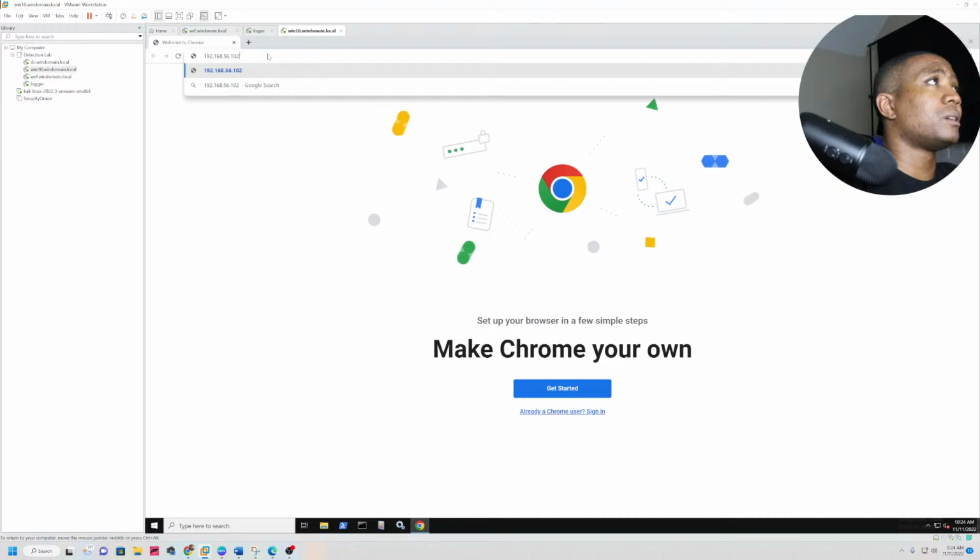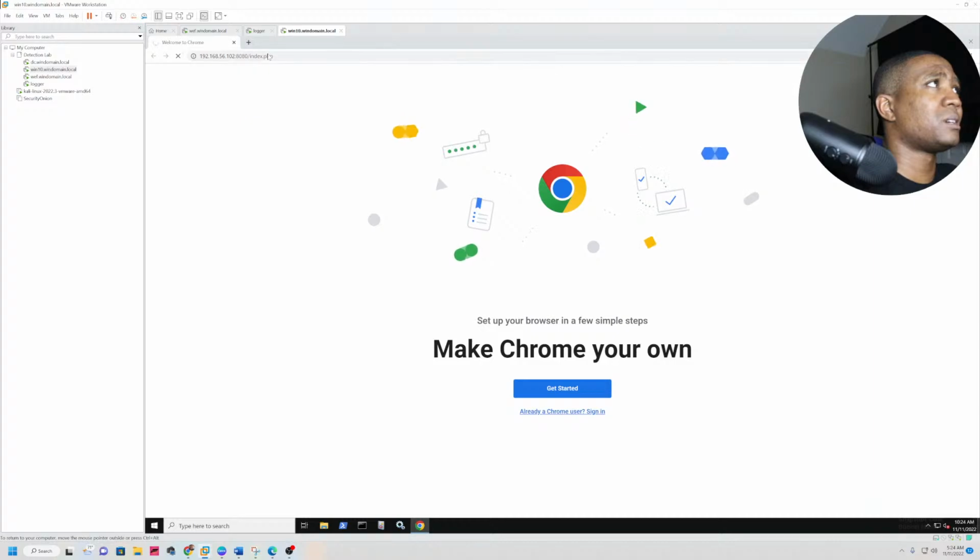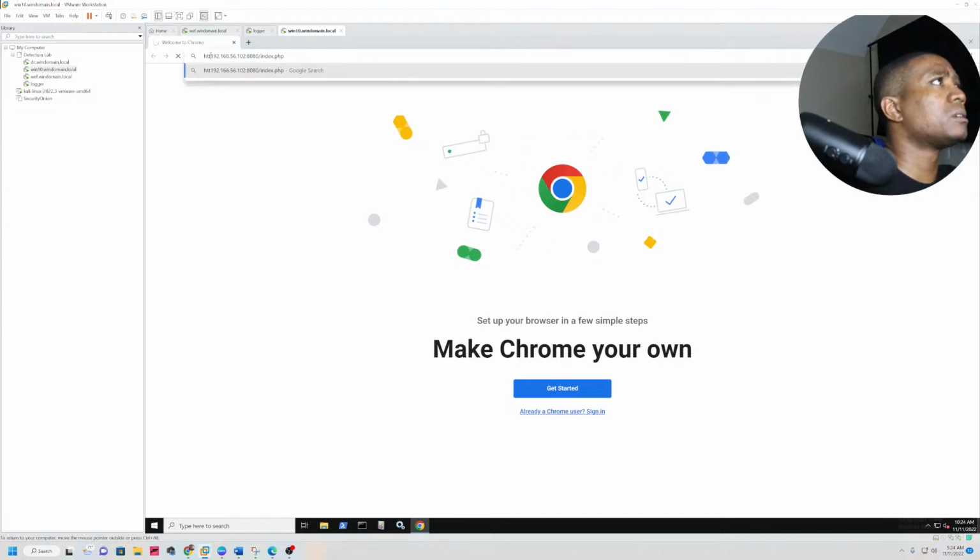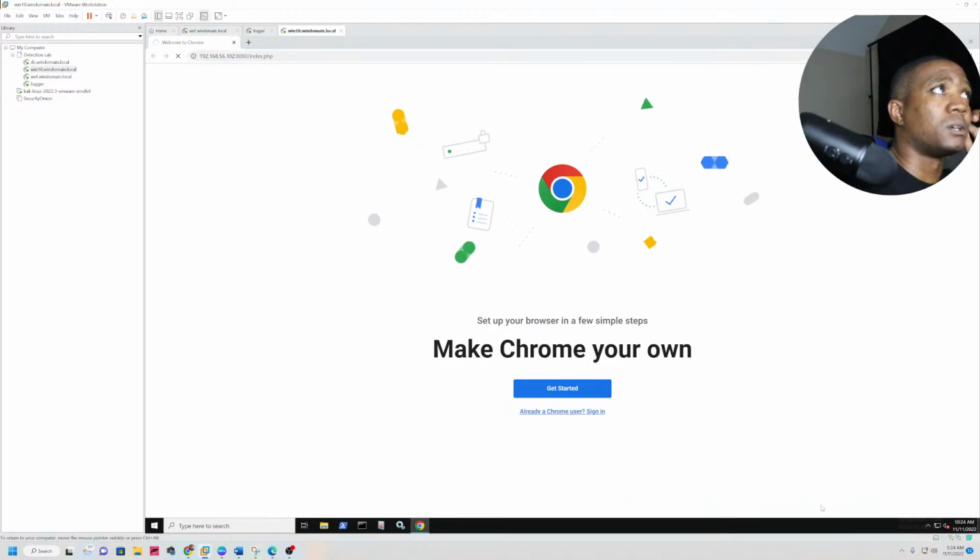192.168.56.102, port 8000, no, 8080, index.php. Okay, it doesn't like that for some reason. Maybe it wants HTTP. Okay, still doesn't like that. So we really don't have anything right now. So let's go back into